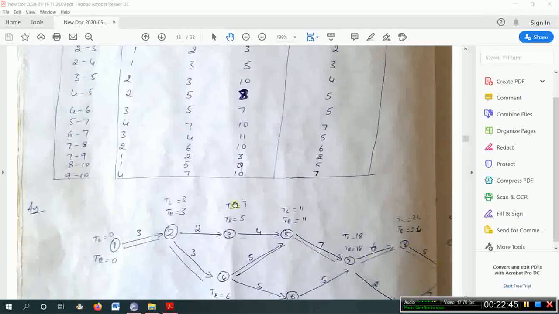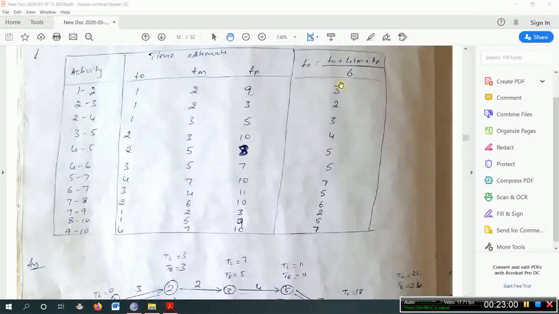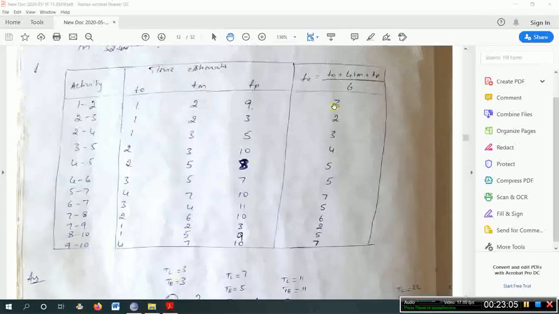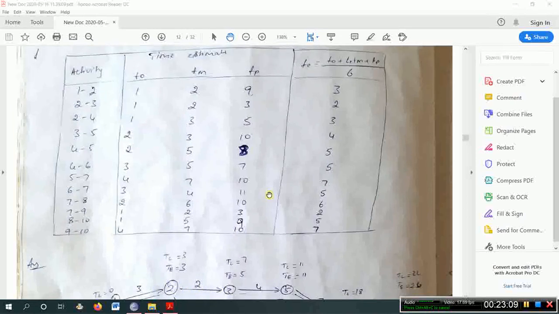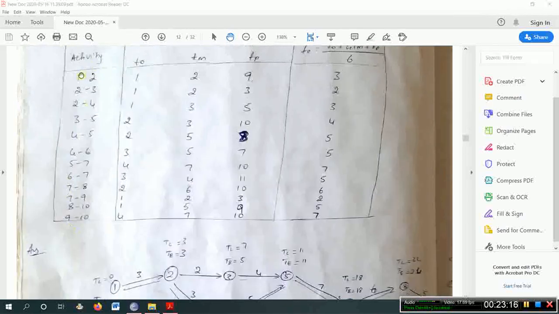The end node is the 10th node. You can see that 8 to 10 is there, 9 to 10 is there. So from here one activity is there, another activity is there. Both the activities end at this 10th node. Now these time estimates have to be put on these activities. So 1 to 2 is 3, that I have put here. Next 2 to 3 is 2 weeks, calculated by using this formula. Okay, like that. So this is about constructing the network if they are given in this format.